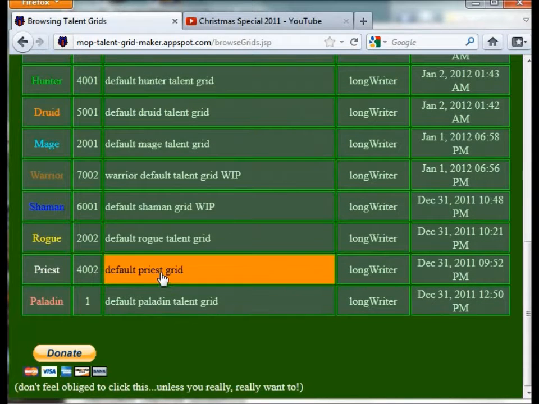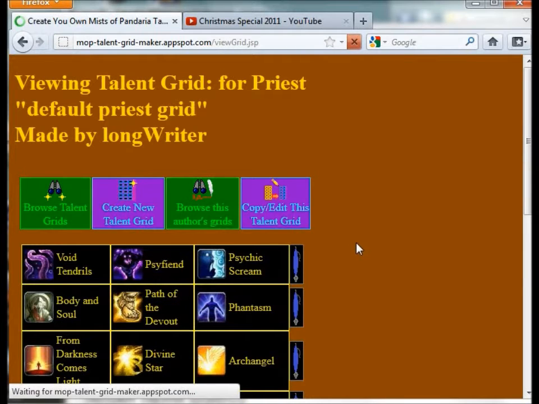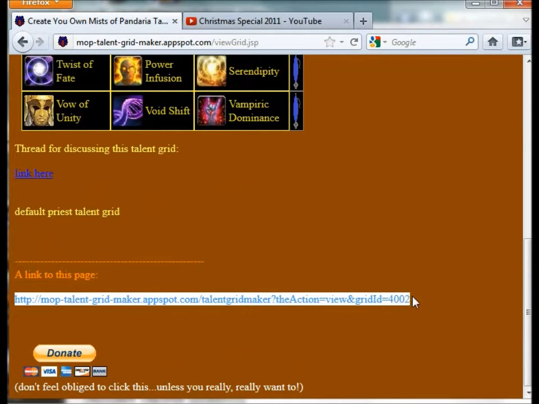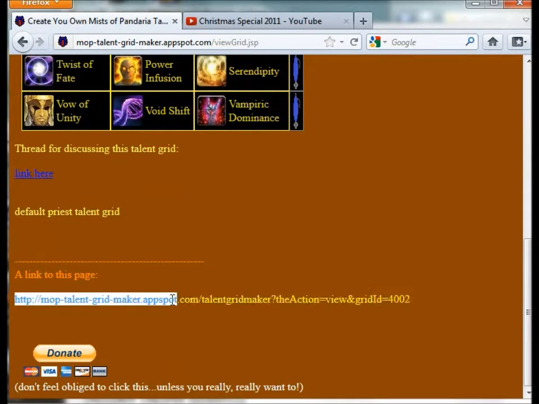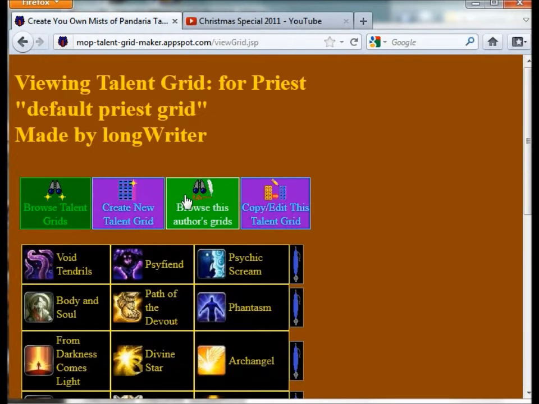Let's just grab the priest default grid. If you scroll way to the bottom here, this little yellow URL down here will take you directly to the priest default talent grid. When you create a talent grid and you've saved it, then you go into view mode to preview it. You can highlight this yellow URL at the bottom, copy it, and it doesn't matter where you go elsewhere from